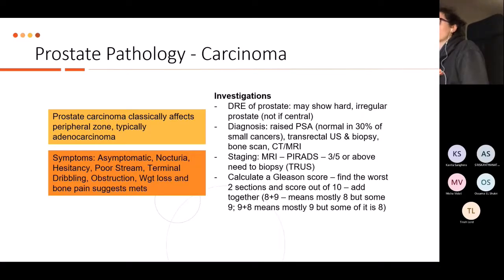One thing that's really important to note is that you should do the PSA blood test before you do a DRE, and you need to be really careful when you do the PSA, because PSA can be falsely raised by lots of different things. So if they've had sexual intercourse within, I think, 24, 48 hours, that can affect it. If they've done exercise, if you've done a PR exam, or if they've got an infection, like a prostatitis, all of these things can falsely raise your PSA. And obviously, if you have a raised PSA, you might then be going down the track of biopsy and things, which is very invasive. So it's important that you do the blood test at an appropriate time.